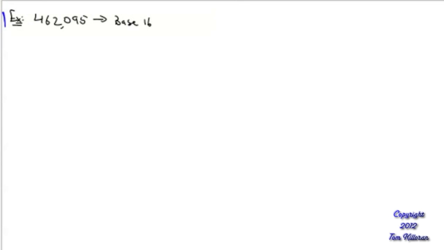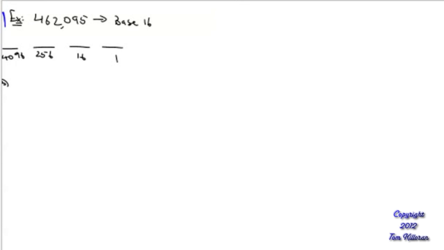70D0F base 16. And the reason for that is, if you're in base 16, it's going to take up 7 place values. What's this, 256? Yes, 256. And this one is 4,096, and 65,536. Well, 65,536 goes into 462,095 7 times with a remainder of